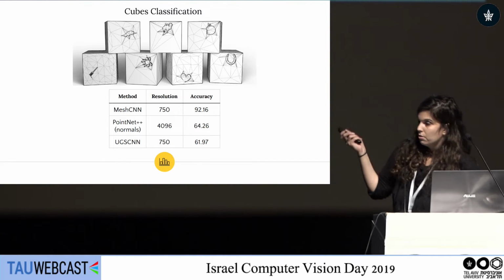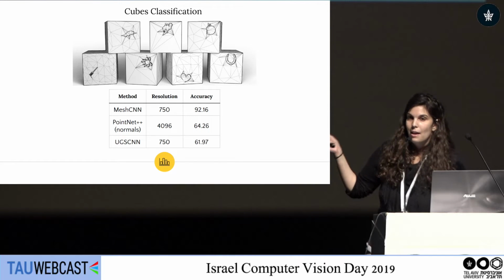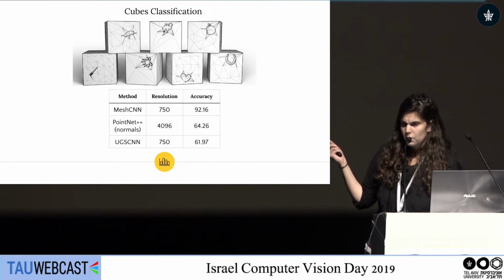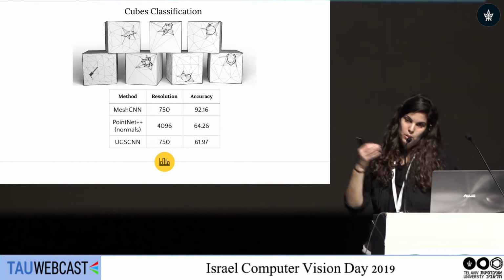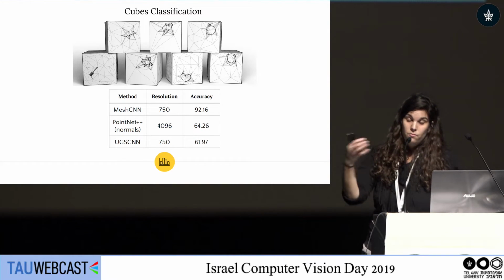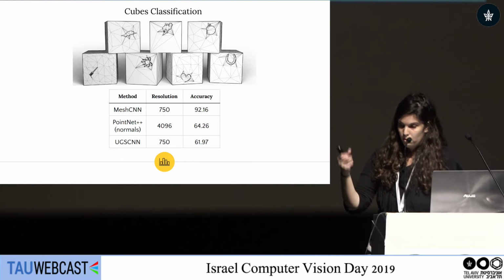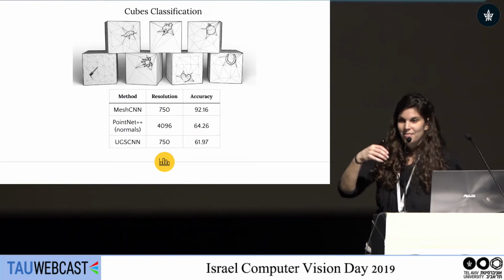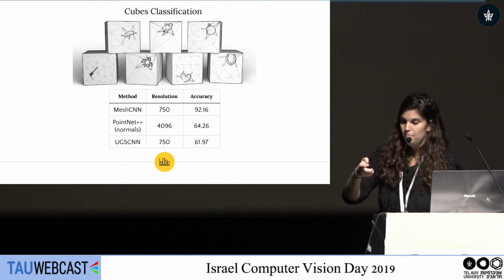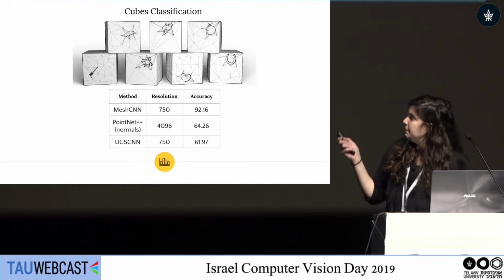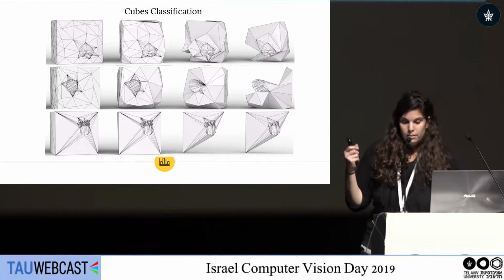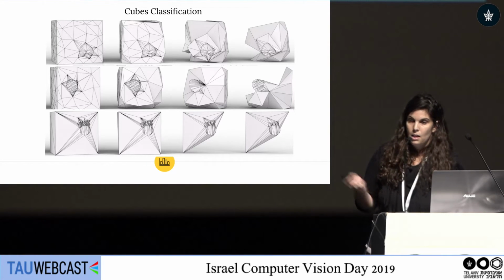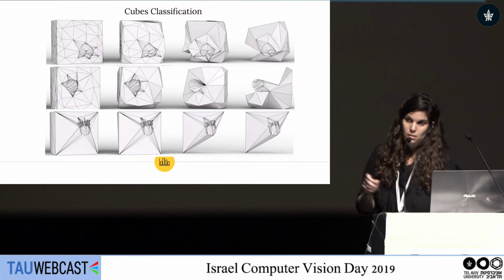So we also sampled the cube with points and trained a PointNet classifier, and we also trained a spherical network, which maps the cube to a sphere and applies a spherical convolution on the cube. So in the representation conversion, maybe some information was lost. So these are the intermediate mesh simplifications. So you can see that the network mostly collapses edges behind the icons.